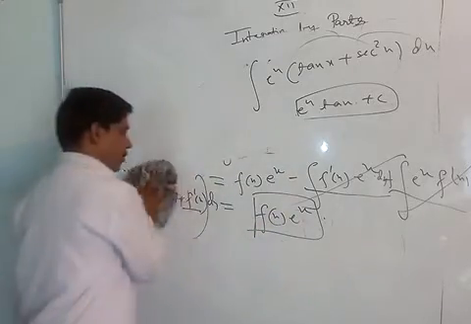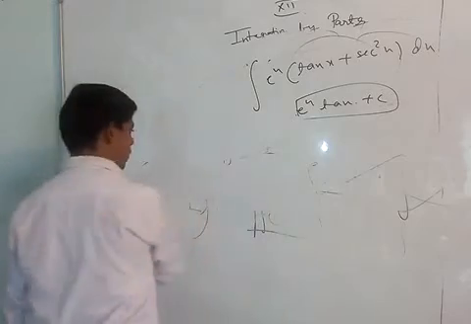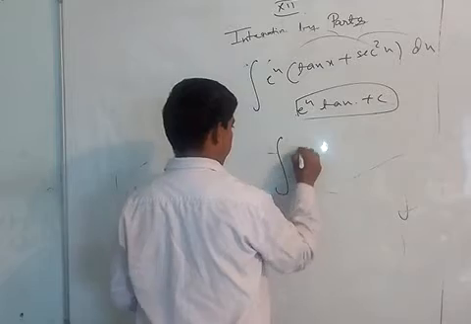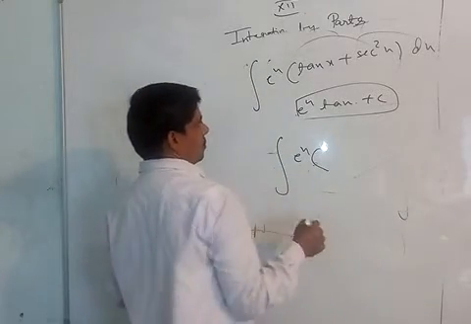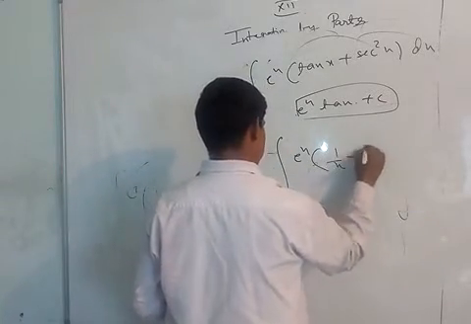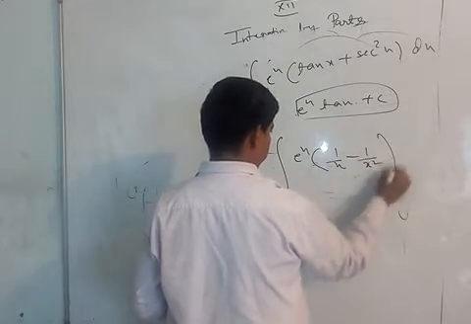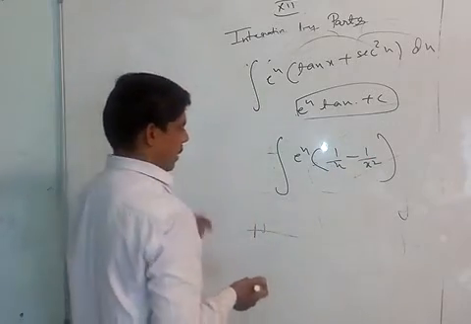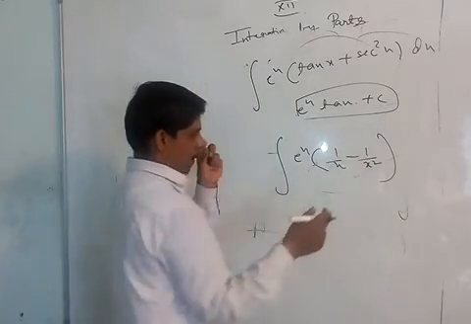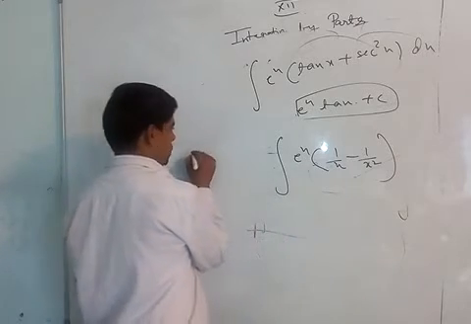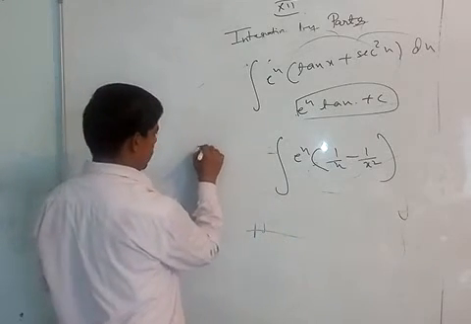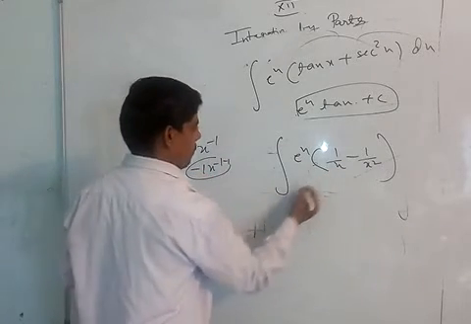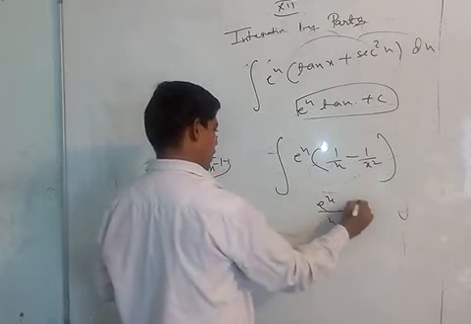Similarly, you can have many more properties related to e की power x. Sometimes you will have to convert this into the format e की power x, and then suppose we have 1 upon x minus 1 upon x square. So the derivative of 1 upon x is minus 1 upon x square, right? Because minus x to power minus 1 minus 1. So the answer is e to the power x upon x plus c, direct.